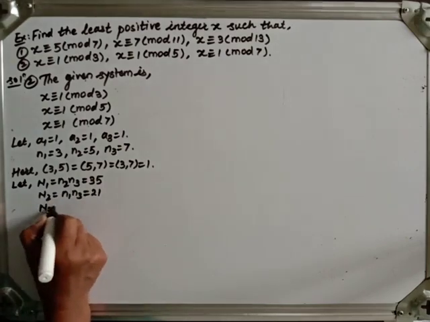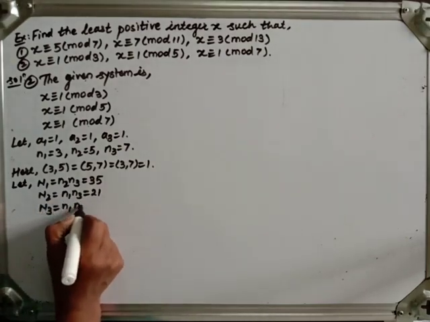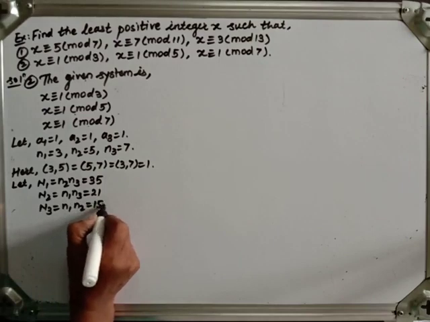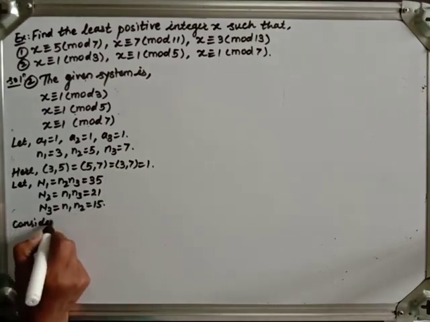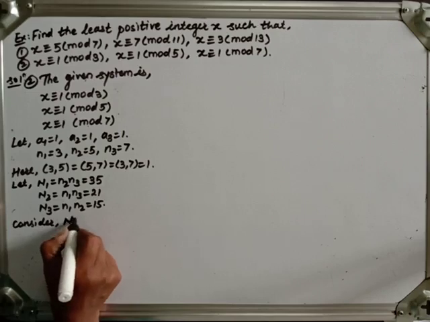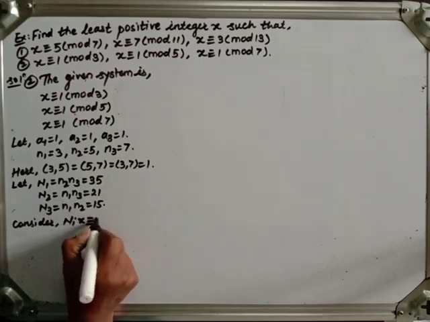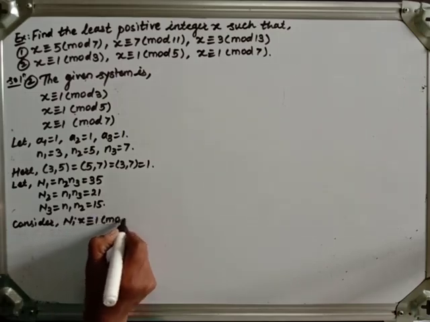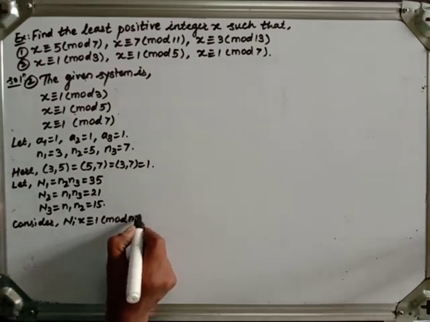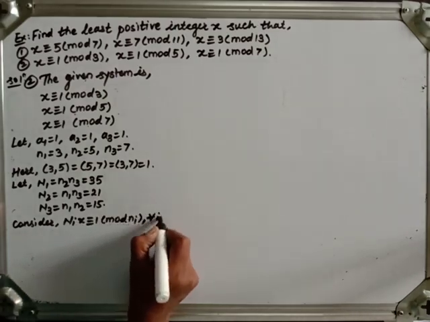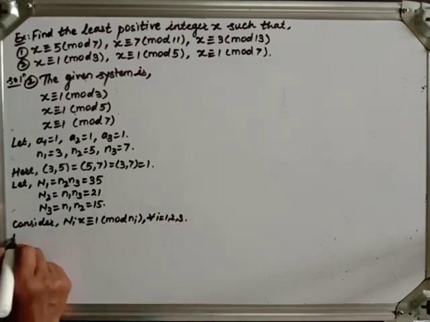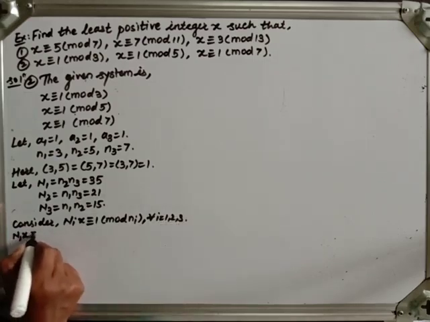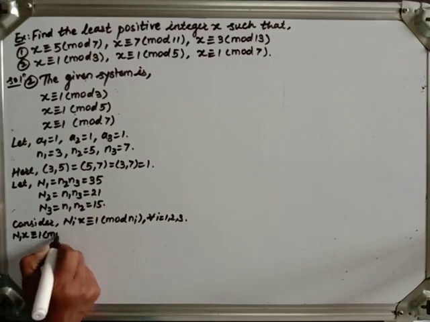And N3, that is n1 n2, it is 15. So consider the congruences Ni x congruent to 1 modulo ni for all i from 1, 2 and 3. So N1 x congruent to 1 modulo n1